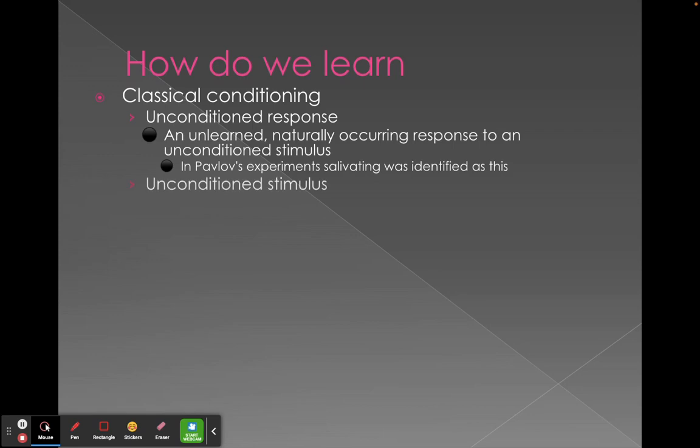Okay. And so an unconditioned stimulus is the thing that triggers the unconditioned response. If we're looking at Pavlov's experiment, Pavlov tried to get dogs to learn that other stimuli meant food. So he would use a bell, a metronome, a lot of different things. He'd ring a bell, present food, and eventually the dogs figured out that the bell meant food. So in Ivan's experiment, the bell was a neutral stimulus, it didn't mean anything. Food was an unconditioned stimulus because it always meant salivation, which was an unconditioned response.